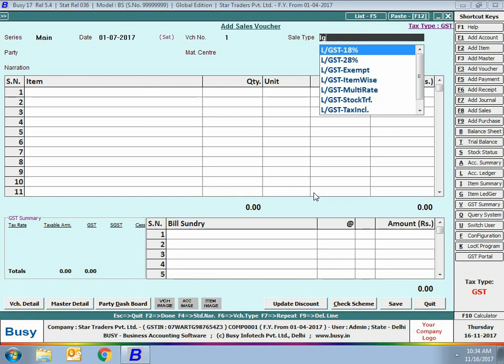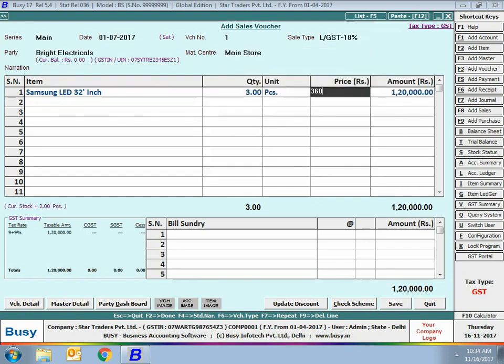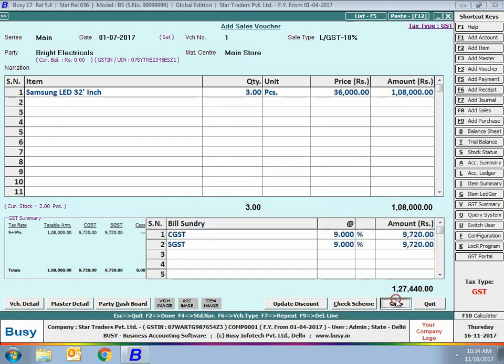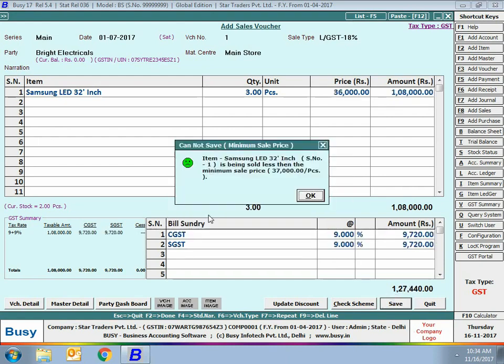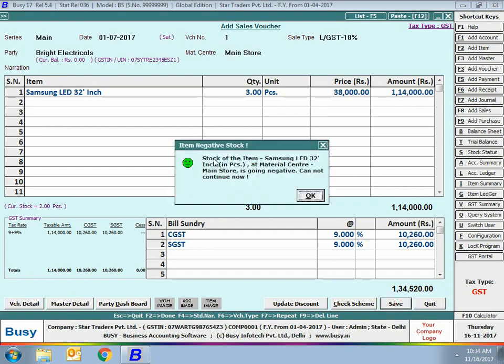Enter other related details, party, material center, select item. Here we have specified the item price as 36,000 rupees. On clicking the save button, Busy has shown a message box that you are selling the item below its minimum sale price. We have configured this warning to don't allow also. So here we cannot continue with this transaction. We have to first change the sale price. So we have changed the sale price to 38,000 rupees, and then Busy is showing a message box that the